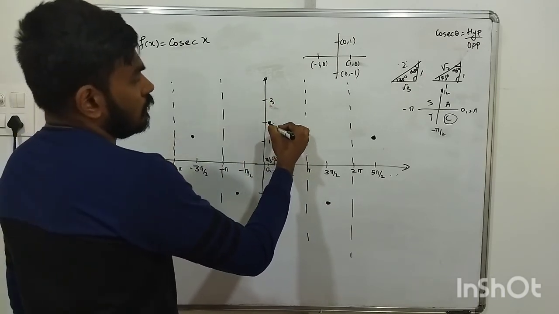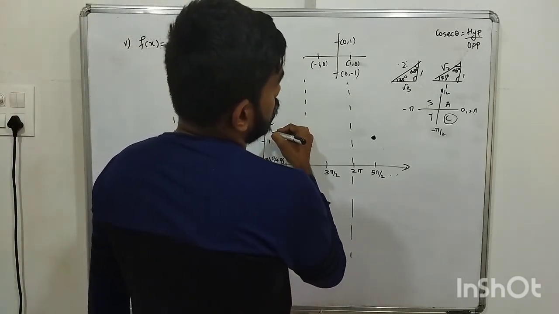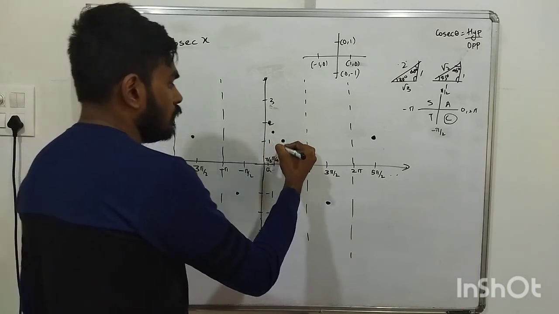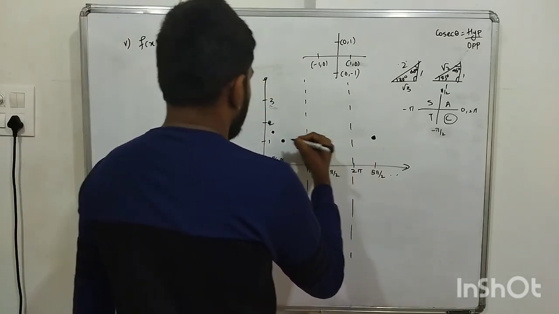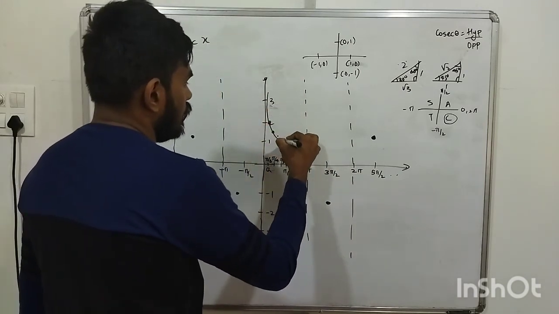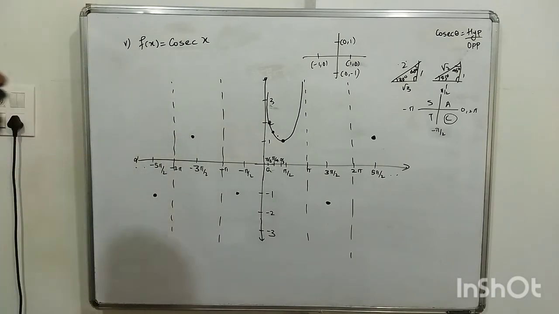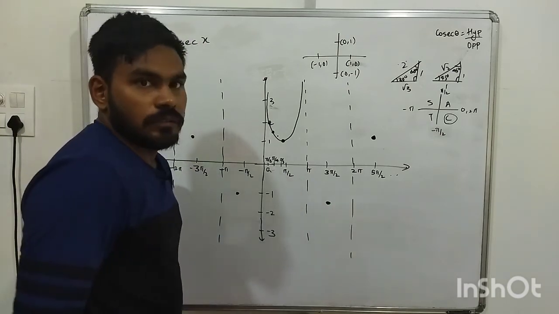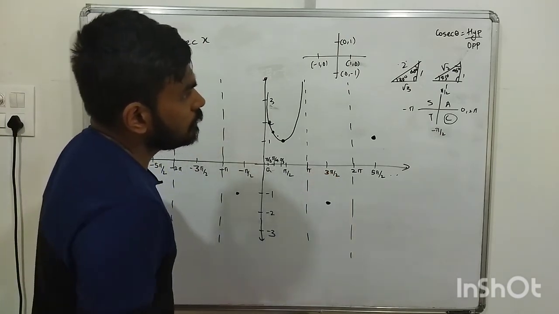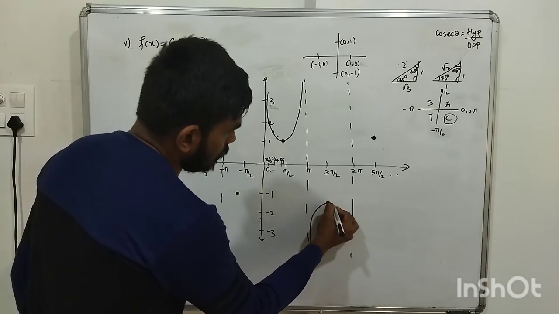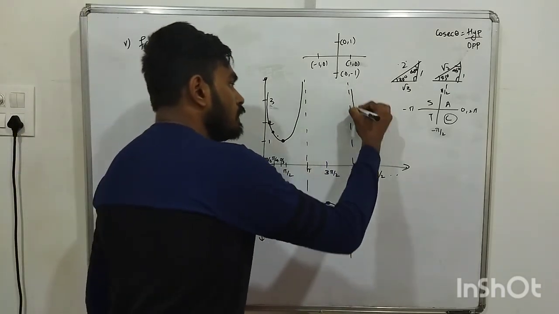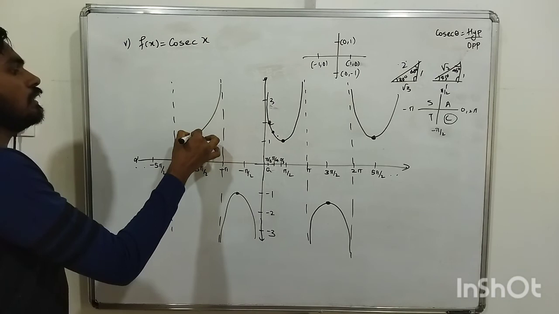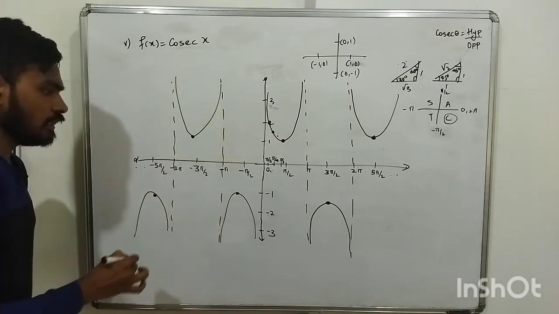Then the second one is cosec of 45 degree. So root 2 upon 1, it will be somewhere here, 1.41 something. Then pi by 3, 2 upon root 3, it will be somewhere here down. So the graph will be like this, and here again the graph will go up, like it did for sec. Understood? Same way here, the graph will go down from pi to 3 pi by 2, since sine will be negative, and from 3 pi by 2 to 2 pi, again sine is negative. Here the graph will come up like this, here it will go down like this. You can check, as we checked for sec, cos, and all the other functions.